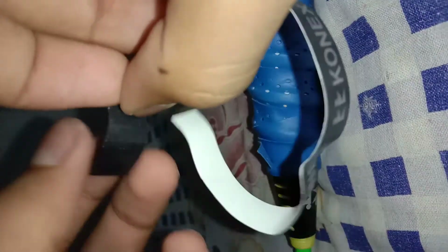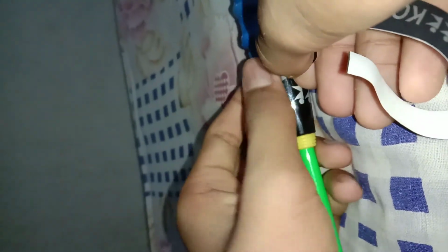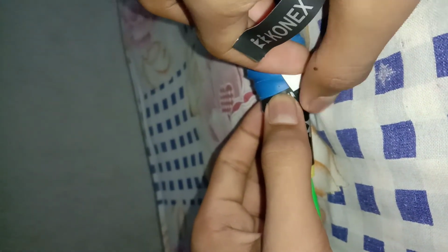And the tape that we saw at first, Connex has given it to us, so you just have to use that only. Just take this all and make sure that this is in a good position. And yeah, I just did it. Now let me just, why is that